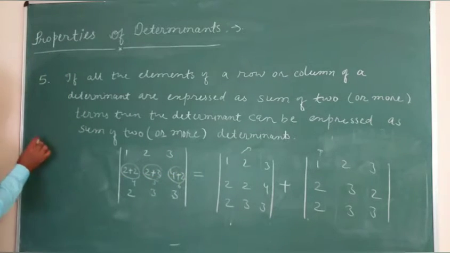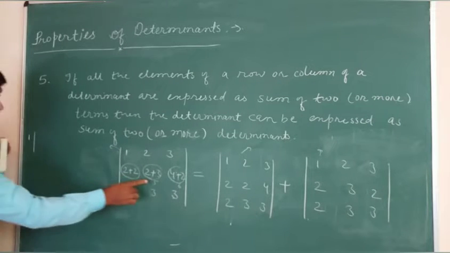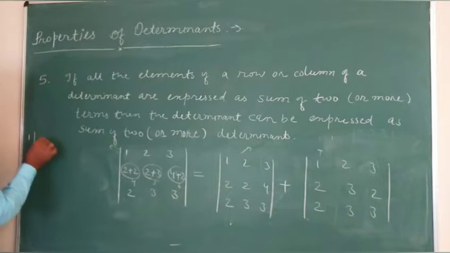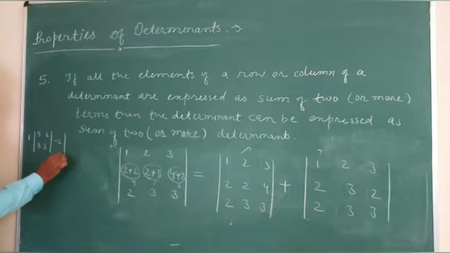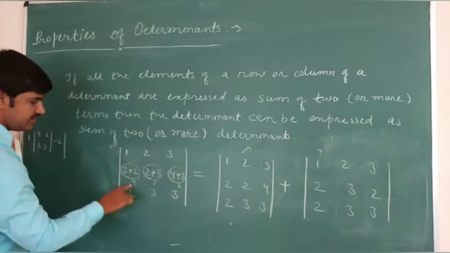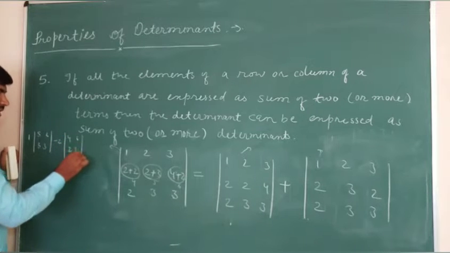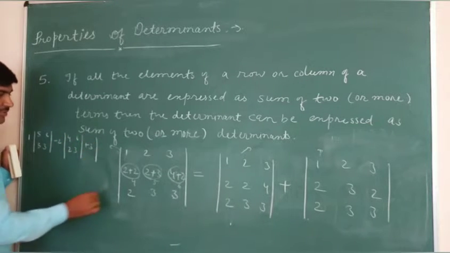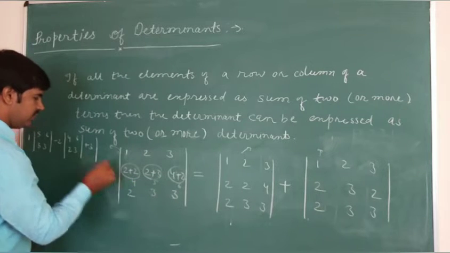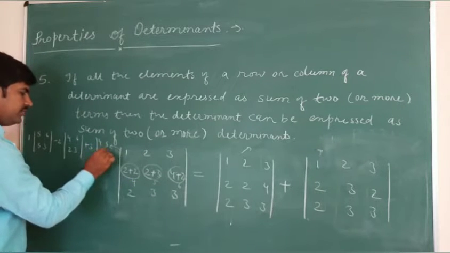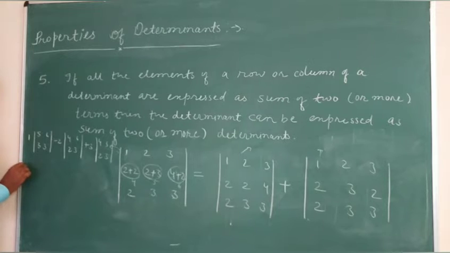So when we find the value of this particular determinant, we get 1 times the determinant 5, 6, 3, 3, minus 2 times the determinant 4, 6, 2, 3, and plus 3 times the determinant 4, 5, 2, 3. When we simplify this, that is equal to 15 minus 18,